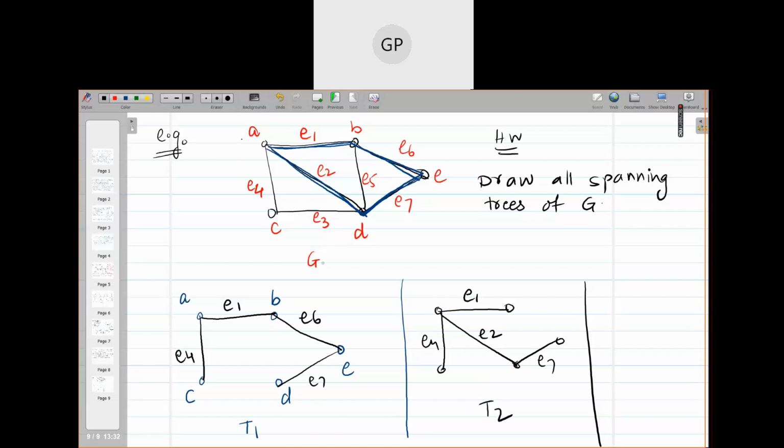There are two concepts which I'm not taking just now. Those are fundamental circuit and fundamental cut set. Those I will take in the next lecture. Right now I'm taking shortest spanning tree or minimal spanning tree. This is a very important question.